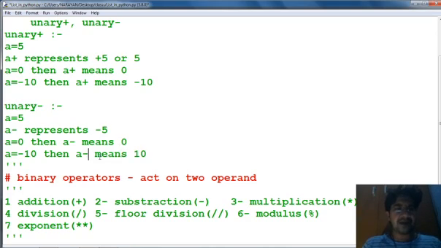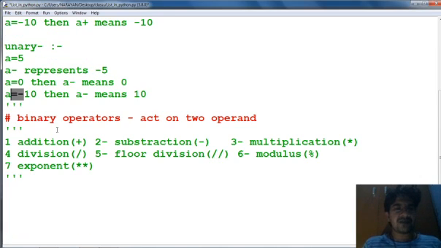If a equal to minus 10, then -a means 10, because here minus and a's minus are both minus, and multiplication of two minuses gives a positive result. So these are your unary plus and unary minus operators.